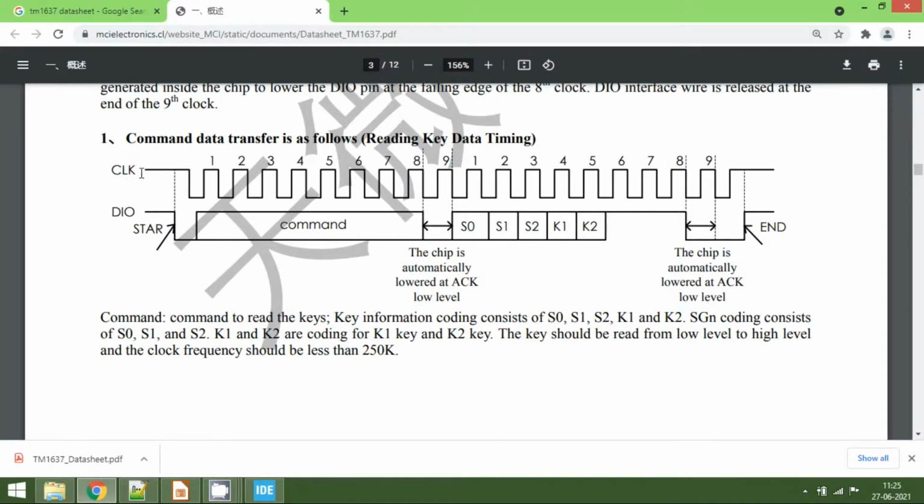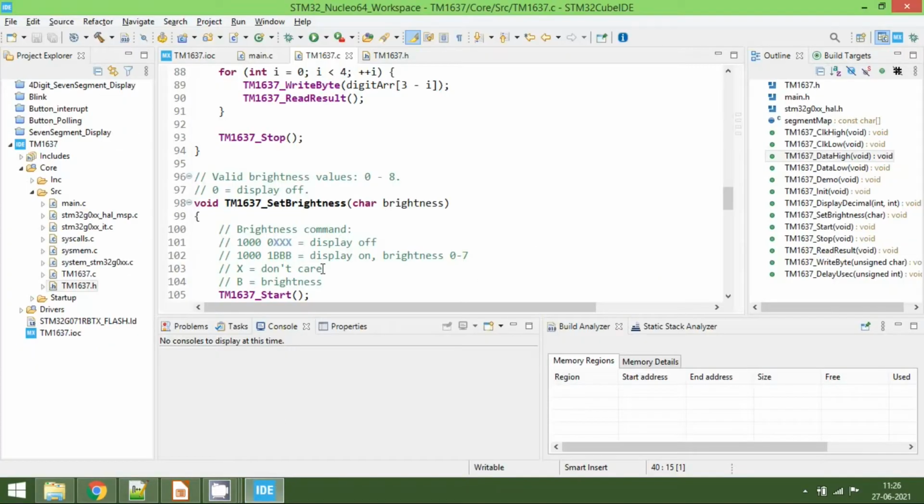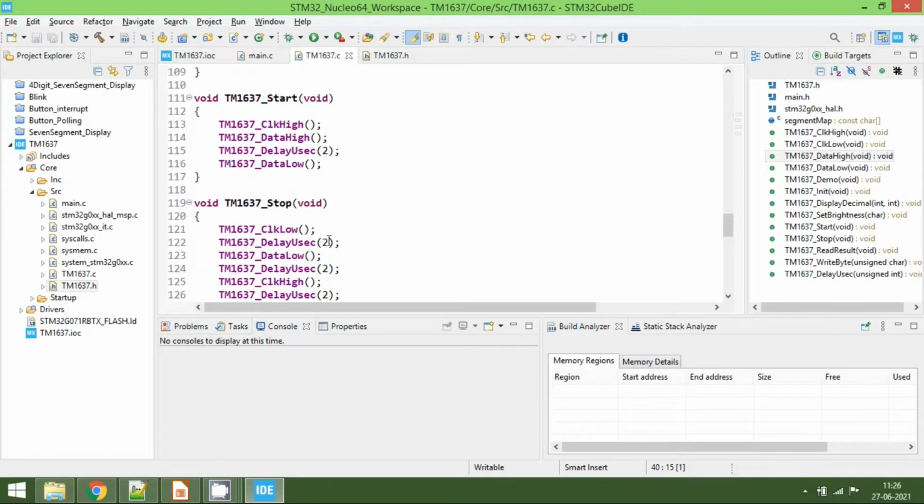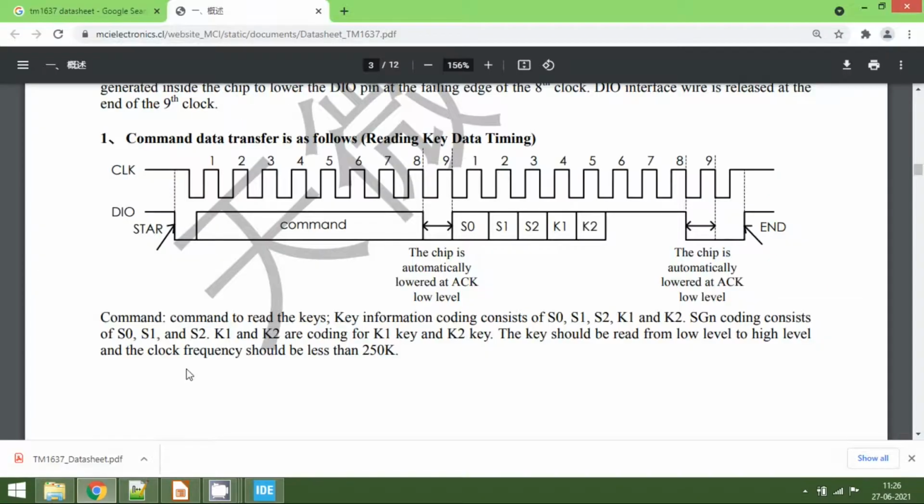If you look at the timing diagrams here, the start point is that the clock should be high and the data should be low. If you go to the TM1637 start function, initially I am making the clock and data high. After 2 microseconds I am making them low. That satisfies the command start.